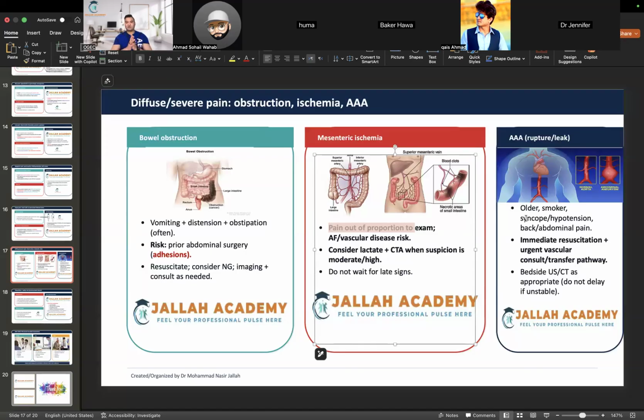Now, this is the part that I was going to talk about. Remember, if you're doing MCC1 or NAC OSCE, you will be asked this question. If you want to take a note, please take a note, because you will be asked and don't confuse it. Two different questions. What is the best screening imaging for the abdominal aortic aneurysm patient? The best screening imaging is ultrasound. The best diagnostic imaging is CT scan. Do not get it confused. Two different words, two different imaging.